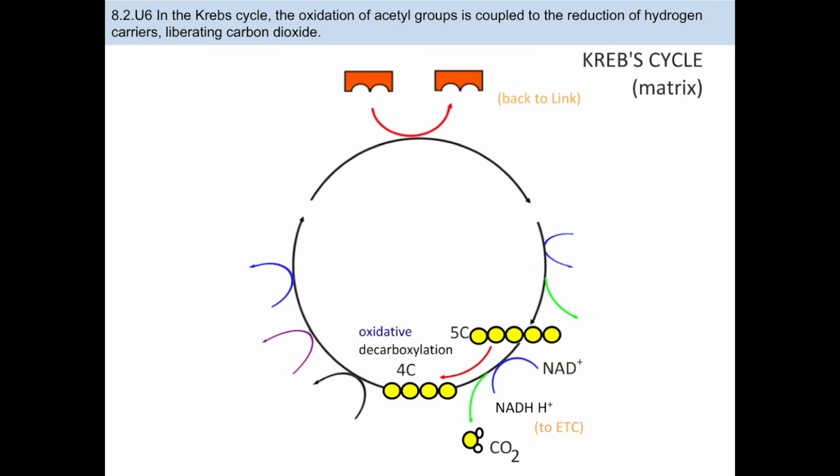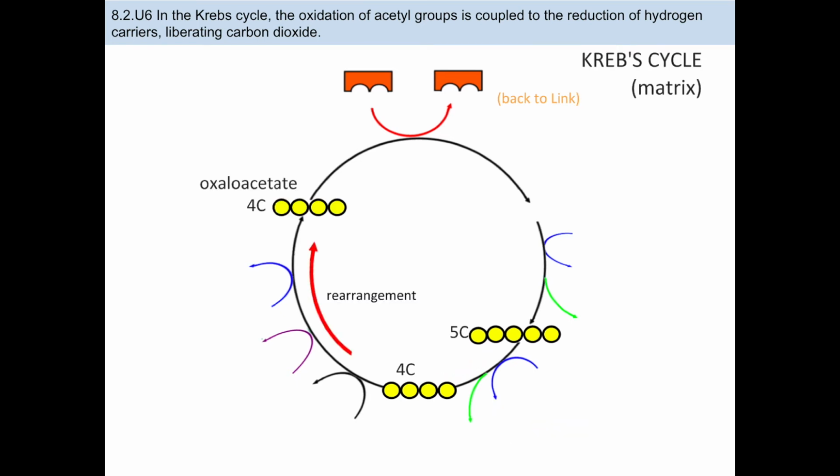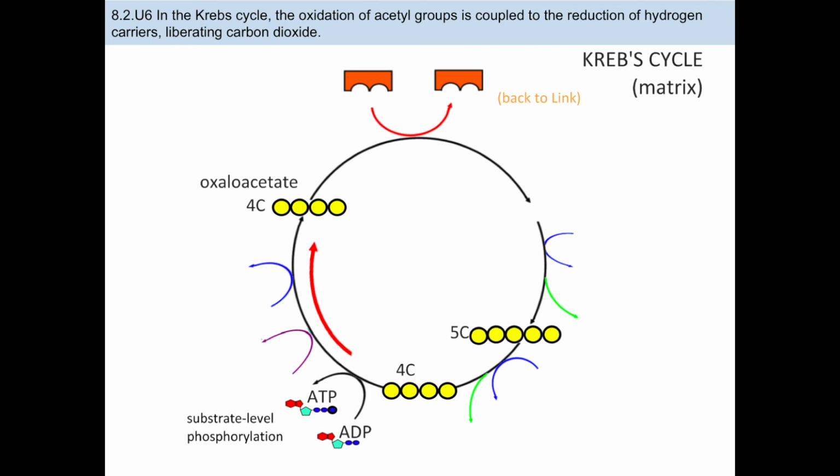Now, this 5-carbon molecule again is oxidized and decarboxylized. If it's oxidized, what will it lose again? Hydrogen and electrons. Where will that go to? NAD plus. Because it's decarboxylized, it means 5 carbon will become 4 carbons. Okay, let's keep going. So this 4 carbon will have a rearrangement of its elements. The rearrangement of the elements produces